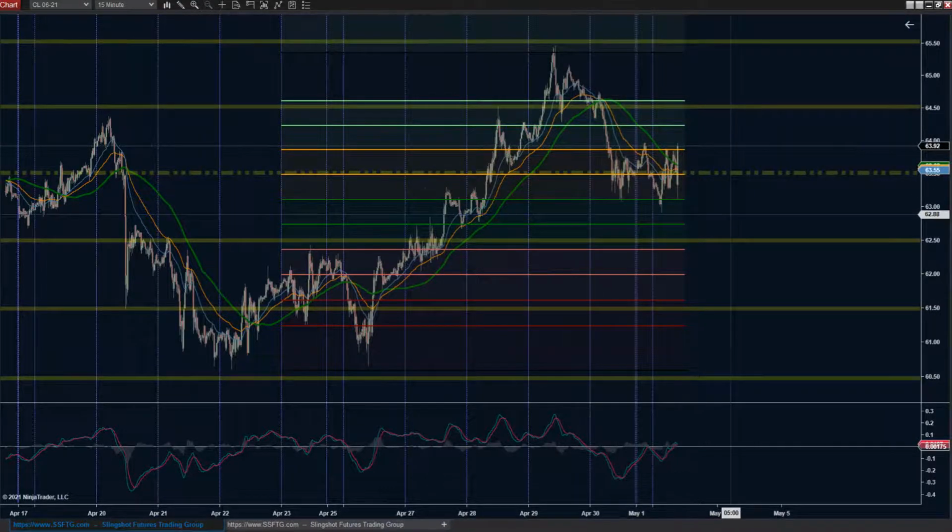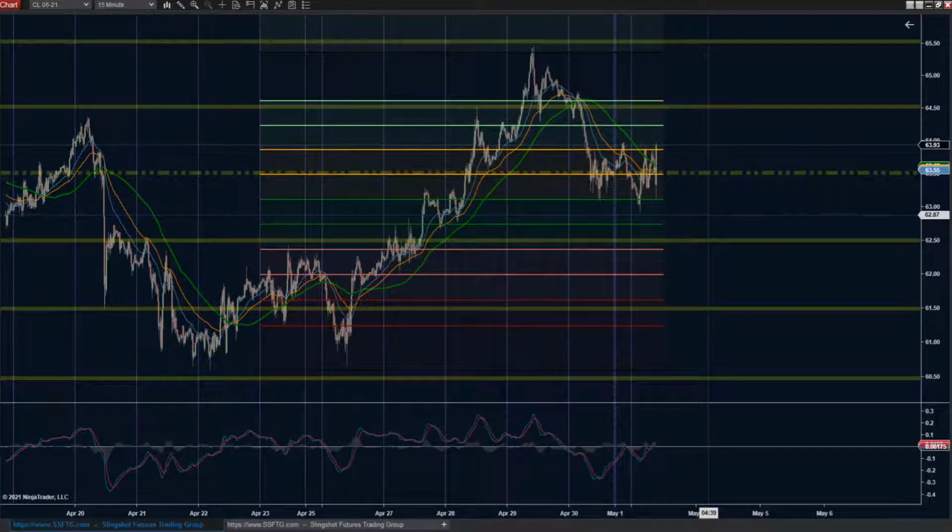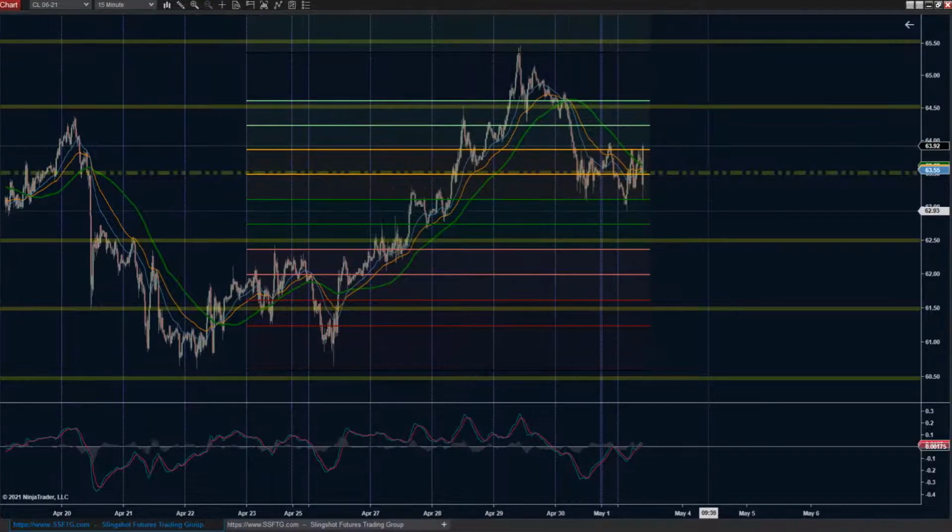Now, would I want to be a buyer at the top of this bull bar? I mean, it might be the only chance, but no, it's a little too far up. Maybe a retest, a quick inside snapback, something. It's just a little bit too far up for now, at least.